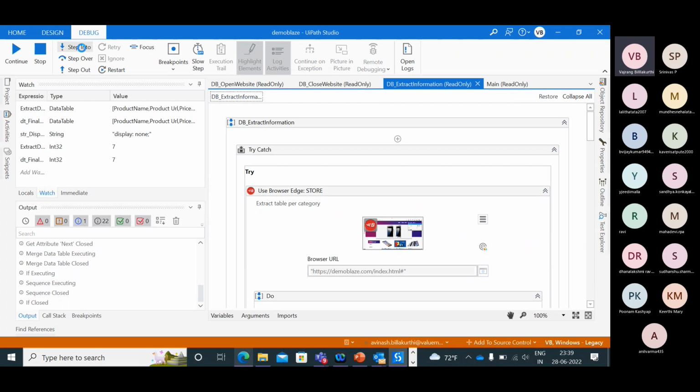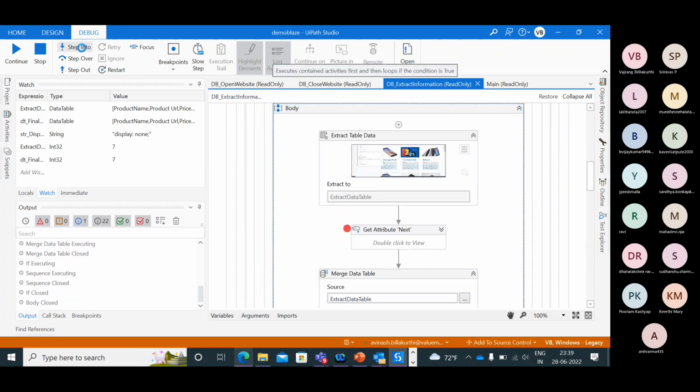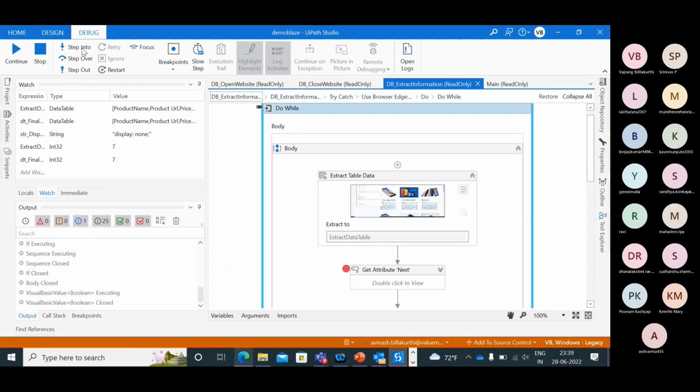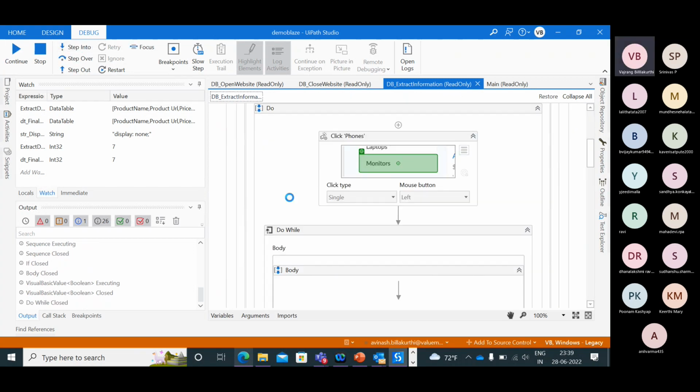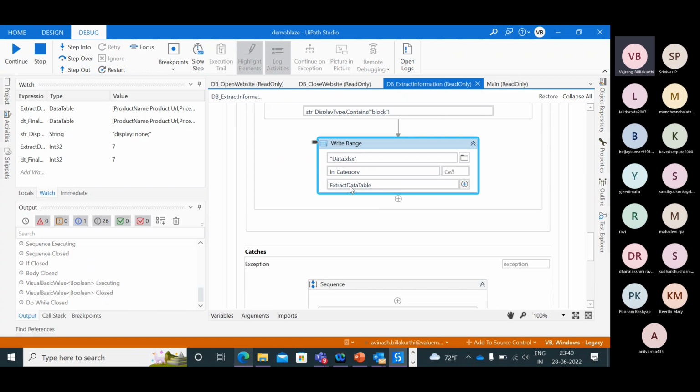Display is block. If it goes out, then what? Which table should it write? Should it write final table or extract data table? Which table should this be writing?